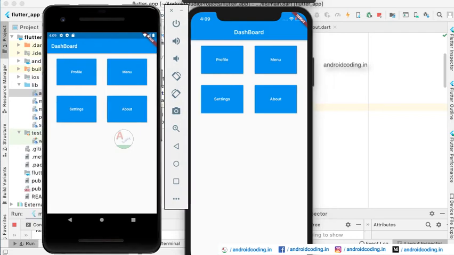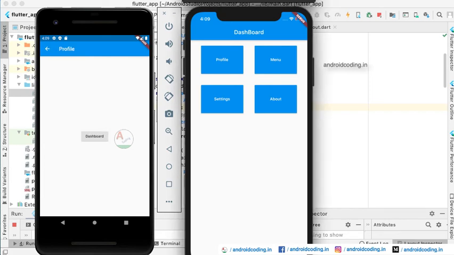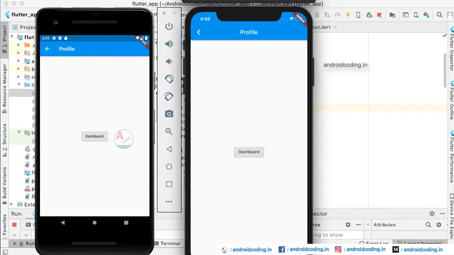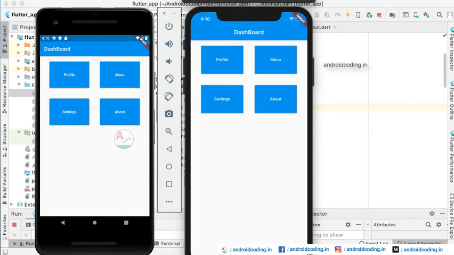Let us see the way this code works, the profile screen in iOS. You can see the same way, there is no differentiation you can observe here. We have provided a dashboard back button, and in Android also we have provided two buttons, a back button and a dashboard button. I could see iOS a little bit faster than Android.